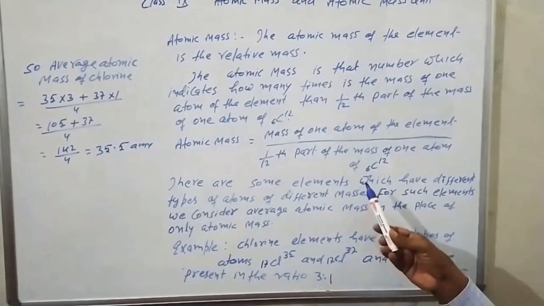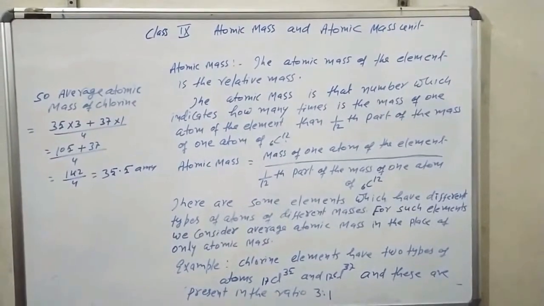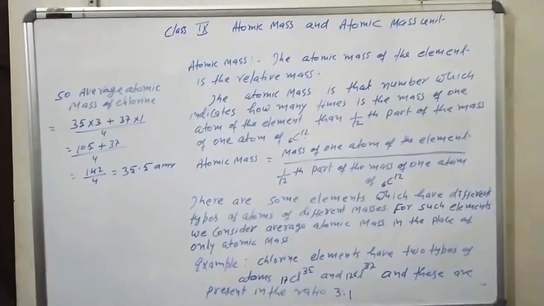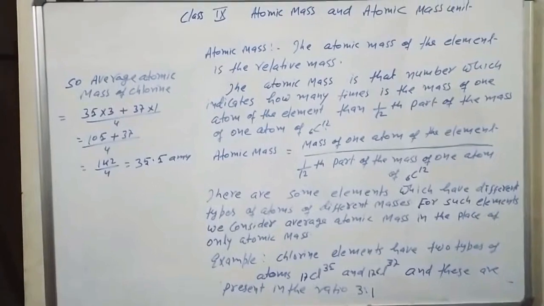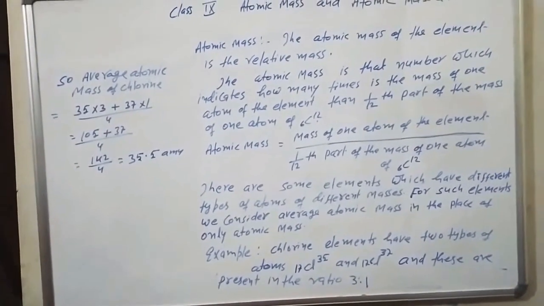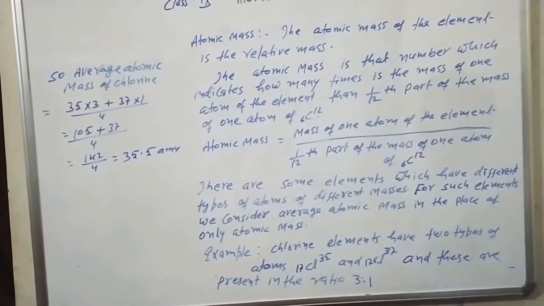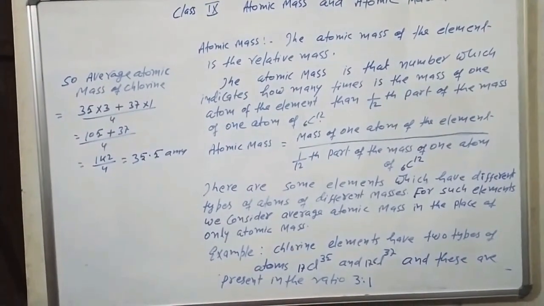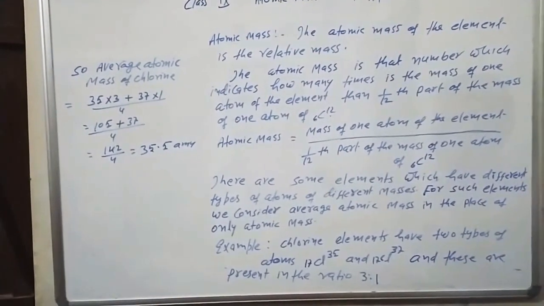There are some elements which have different types of atoms of different masses, and for those elements merely atomic mass is not introduced. In the place of atomic mass we introduce average atomic mass, which is the average masses of isotopic atoms,